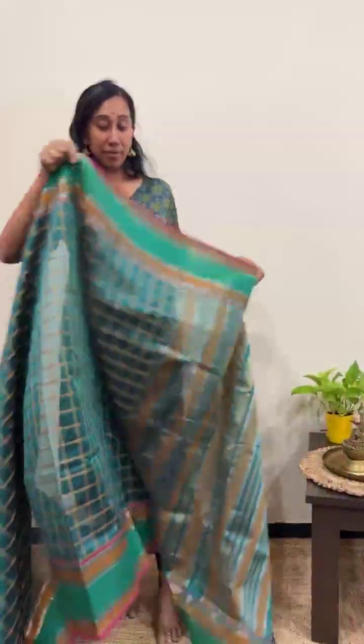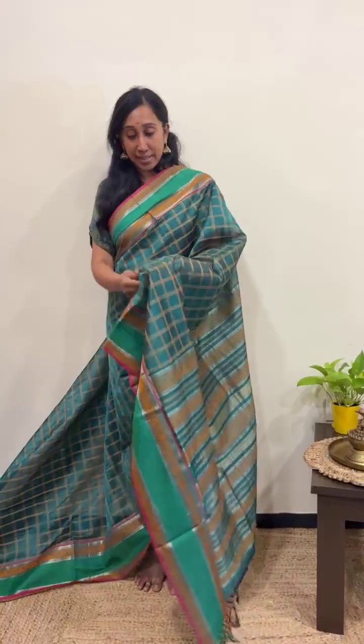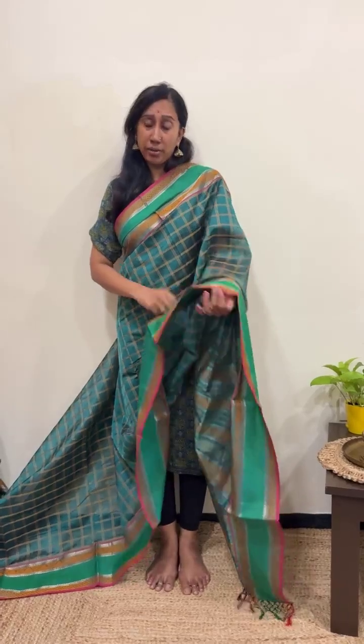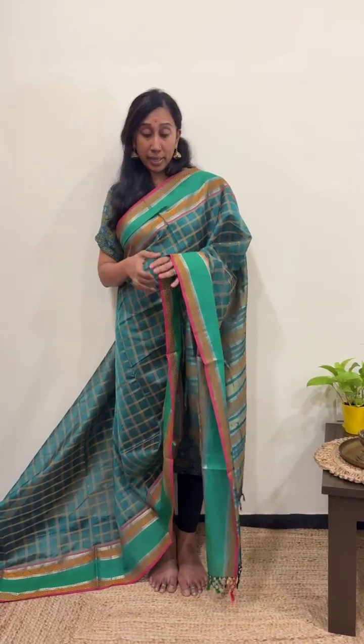Next up, we have a very beautiful vintage looking silk cotton. What we really love in this saree is the color combination here. It is a beautiful dark teal saree and it's paired with a green border which complements the body, and of course the rest of the elements are built in a combination of red, mustard and cream. So the entire saree has a lovely